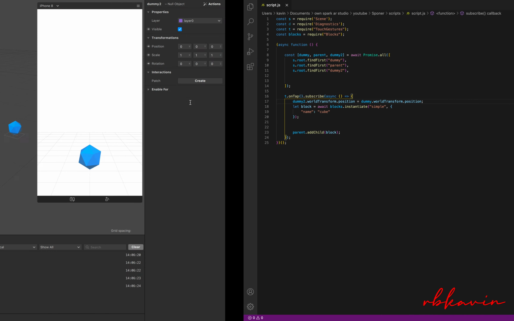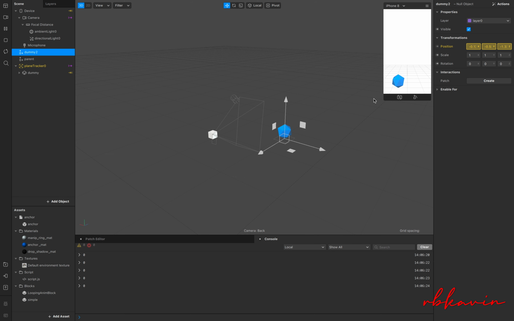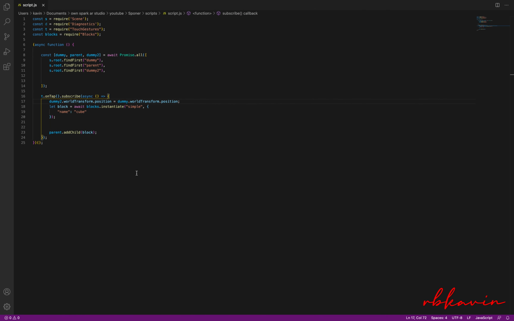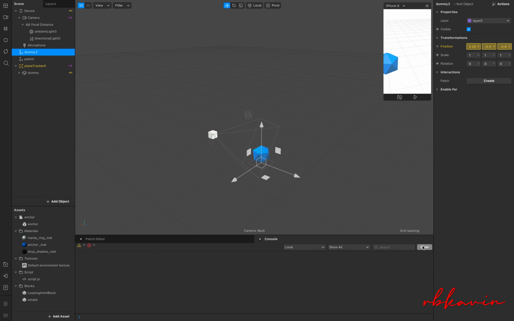Now if I just restart it, wherever I tap, you can see that the null object is getting the position of the world transform property. You can see it's changing over here based on the null objects. I'll just clear the debug.